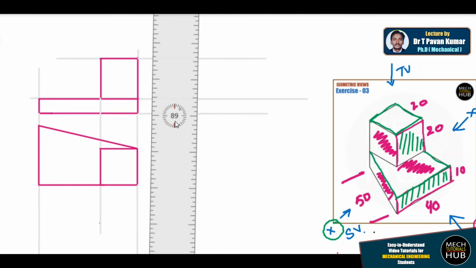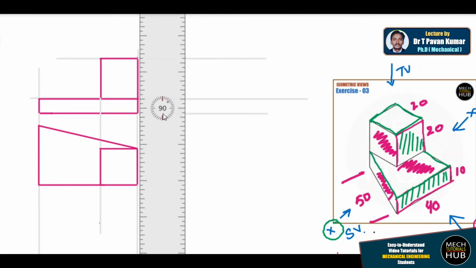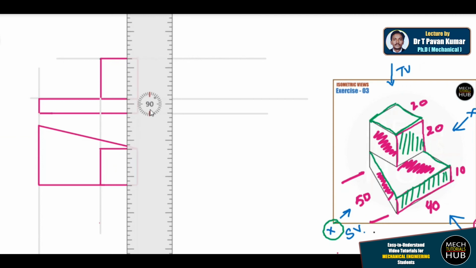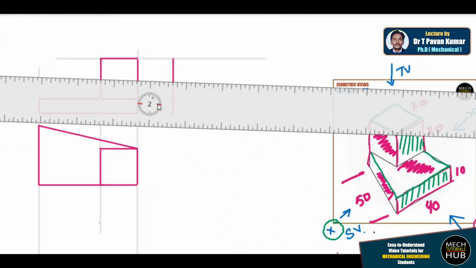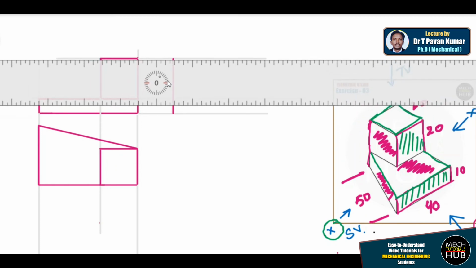Now drawing them all becomes so simple because we have already constructed the front and side views. Let me start here. I'll drop a line from here to the top, because this is the line which I have drawn just now. This 20 mm I'll drop now, rotate to 0, and drop the 20 line from here to 20.